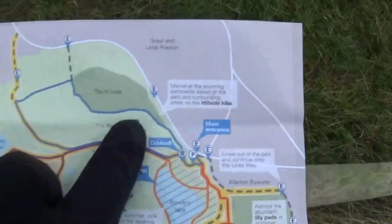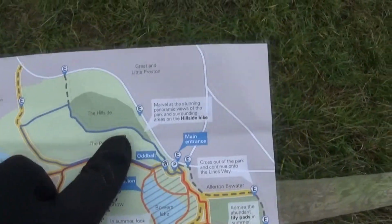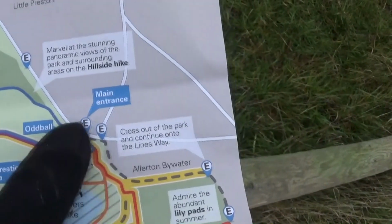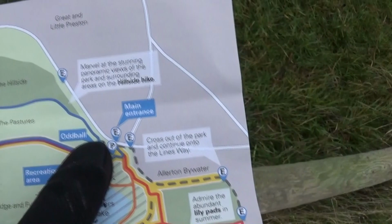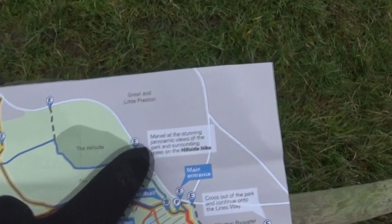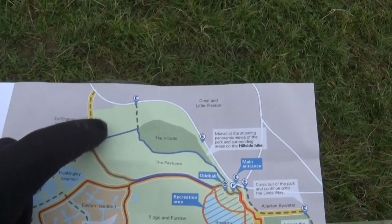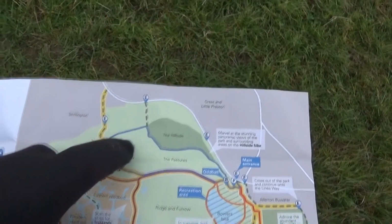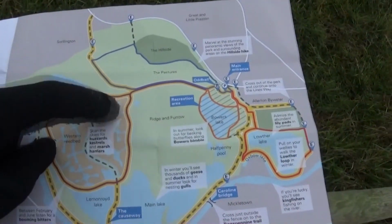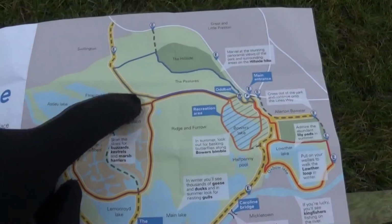Right, so I'm just going to loosely explain whereabouts I've been and where I'm at now. So, the main entrance, visitor centre. I went up this way, and I believe I went right along. I'm assuming that white bit is the road. So I went all the way up along here, came across here, and at some point I came down towards this bit here, and I've gone round all this marshland here. I followed that trail, actually, that orange trail,